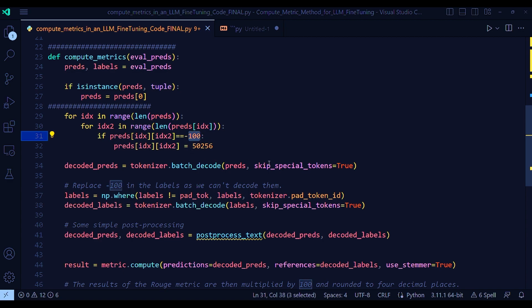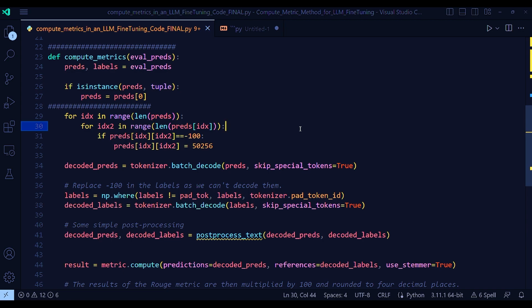And the next thing we have to really know in depth is why we are converting these -100 to 50256. I discussed it briefly during the explanation of the code, but let's go through it quickly again, because you will see this all the time in almost all large language model or any language model training or fine-tuning. In this code snippet, -100 is a special token ID that is often used to represent tokens that should be ignored when computing the loss during model training. These might be extra padding tokens or tokens that are not part of the target sequence in a sequence-to-sequence